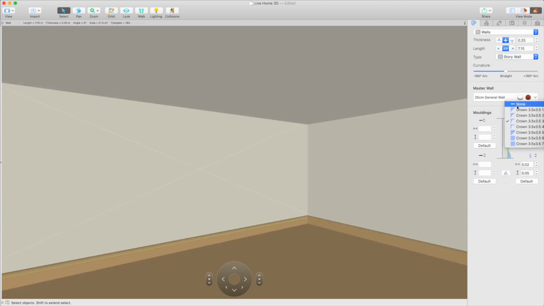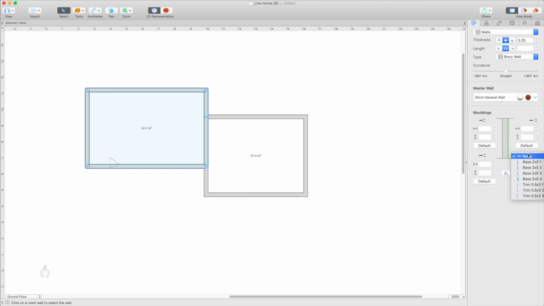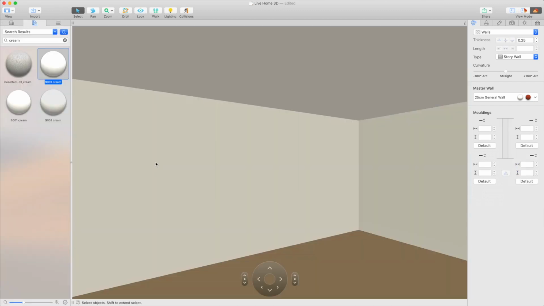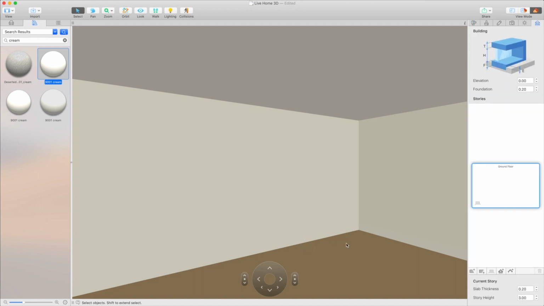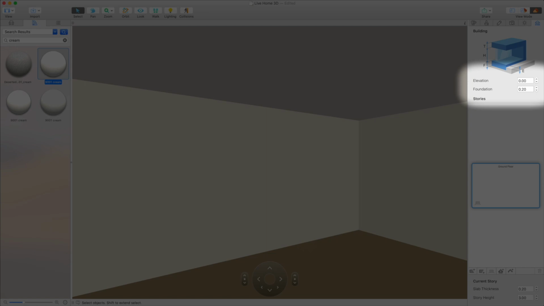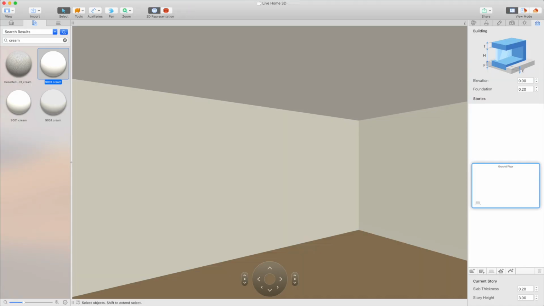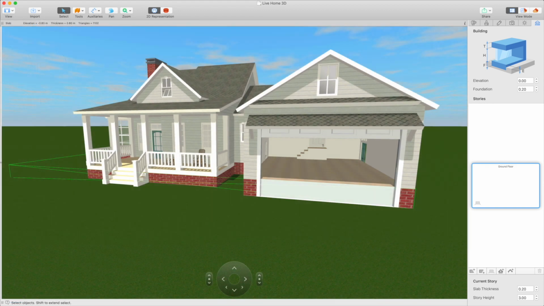To speed up the process and remove all moldings at once, select an entire room by clicking on it on 2D plan. After that, we paint the lower part to match the color of the rest of the wall. It is important to know that you may lower the floor as long as you have a foundation underneath. If you need to lower it deeper, simply make the foundation higher using the Building Properties tab.